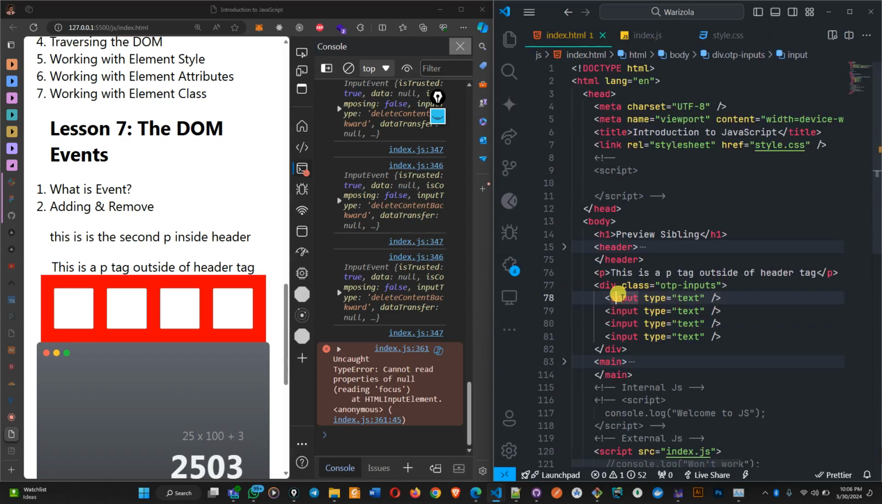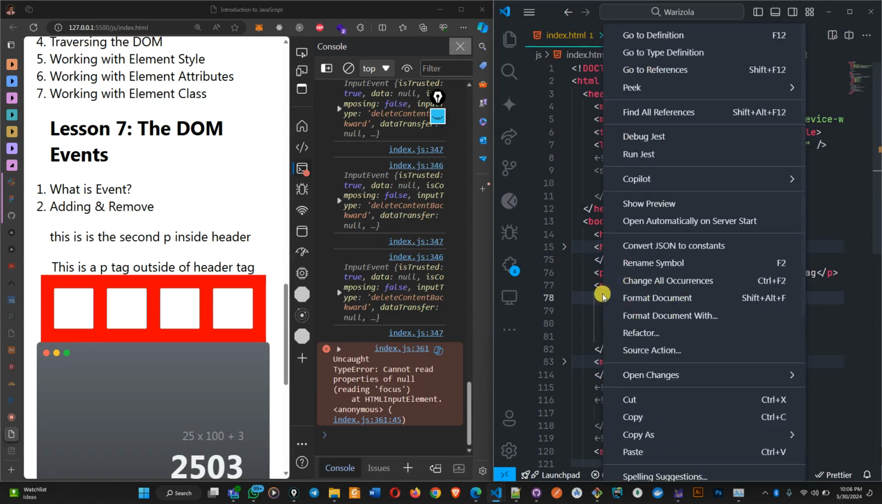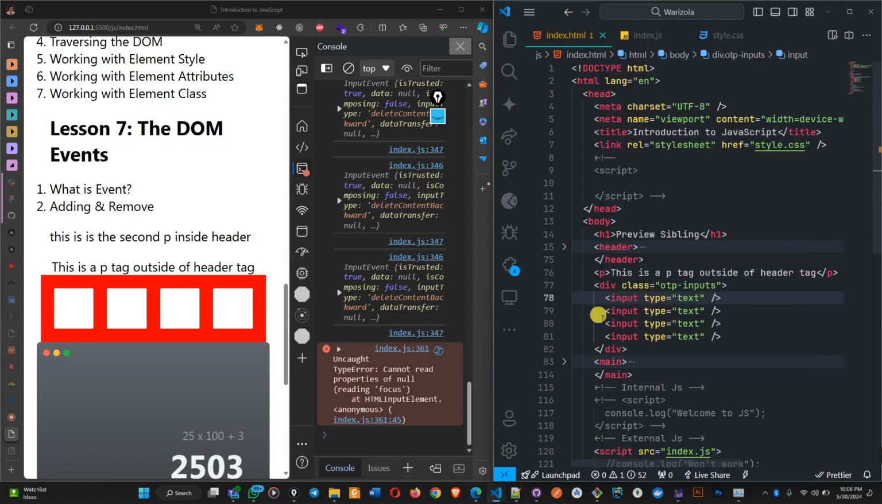That means they are not inside each other, but they are side by side. So this P here is sibling to this div, and this header 2 is sibling to this P, and this H1 is sibling to header. But now, this div here is a parent to all these inputs here. And from this div, assuming I have this div selected, I can get to any of these inputs by using the parent to child or children